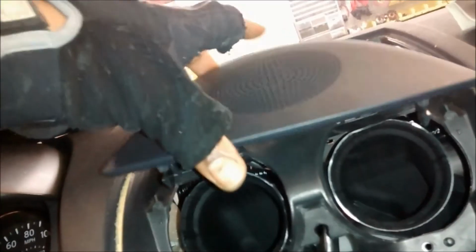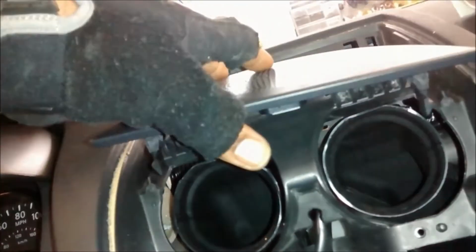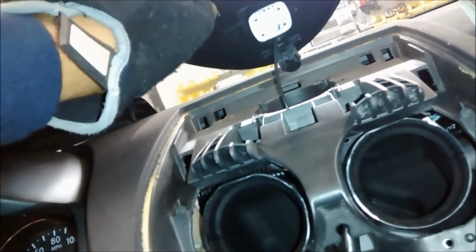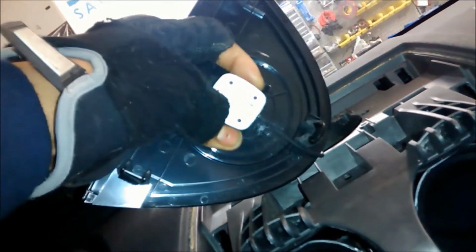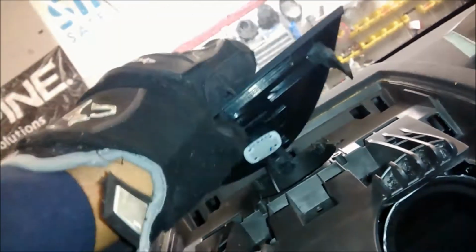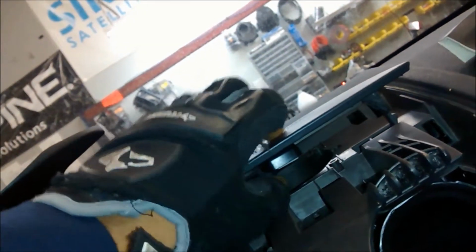Like I said previously, my customer doesn't want the GPS antenna outside. He insisted on me putting it inside. So, customer's always right. I put it in this location. I velcroed it to the speaker thing. Being that there's no speaker there, this is the perfect place to put the GPS antenna,